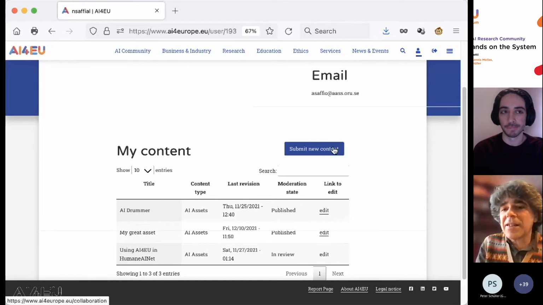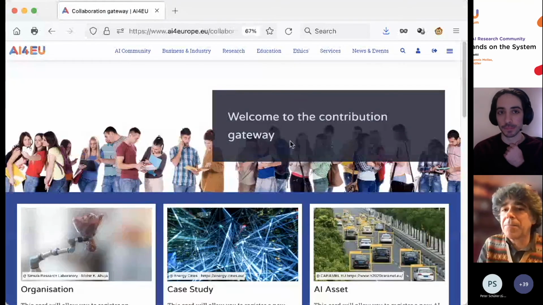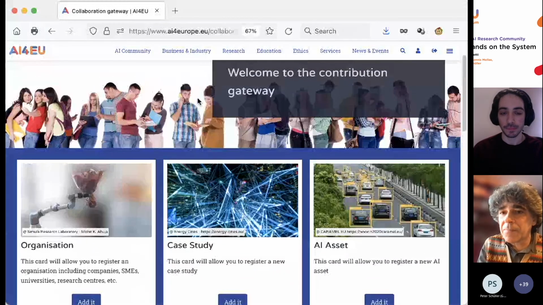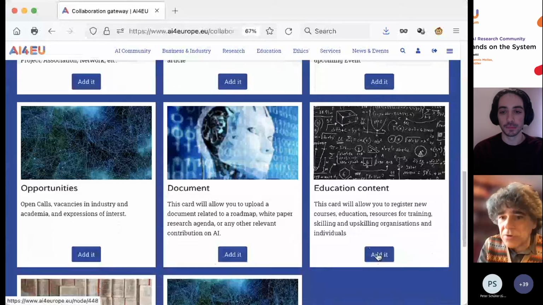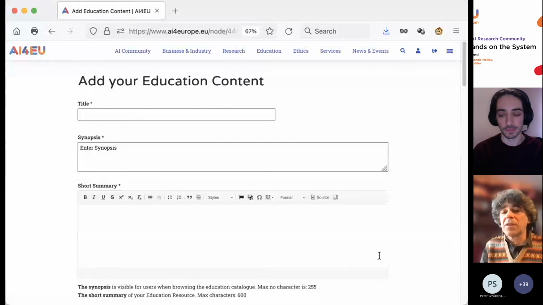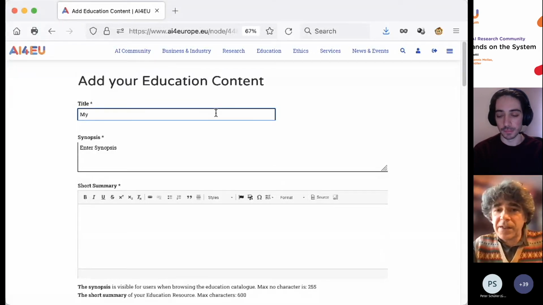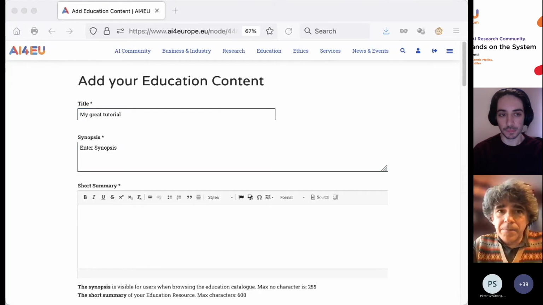So second thing, I said, great, now I have my asset. I also have a tutorial about this planner which I want to publish. Same procedure. I go to the contribution gateway. I go down to the education content. Okay. And here I can put an education content. The form is rather similar. Actually, there are a few differences, but similar. Again, same